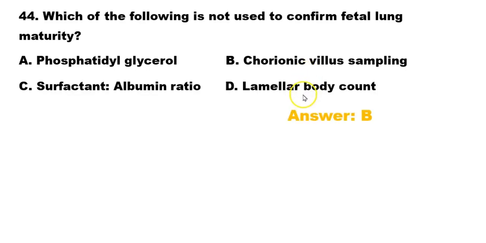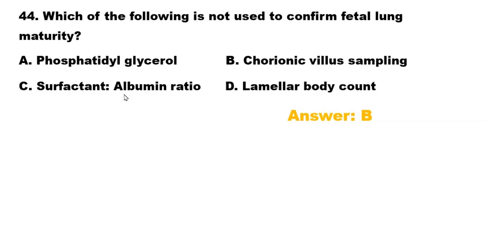You said B, you have got it, because chorionic villus sampling is used for genetic testing in early pregnancy rather than for assessing fetal lung maturity, because fetal lung maturity is typically evaluated by using those options: lamellar body count, surfactant albumin ratio, phosphatidylglycerol. So